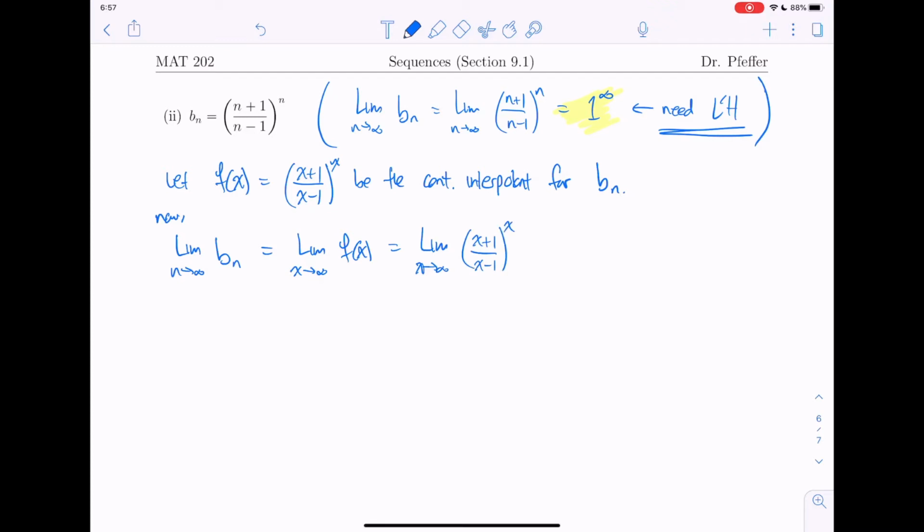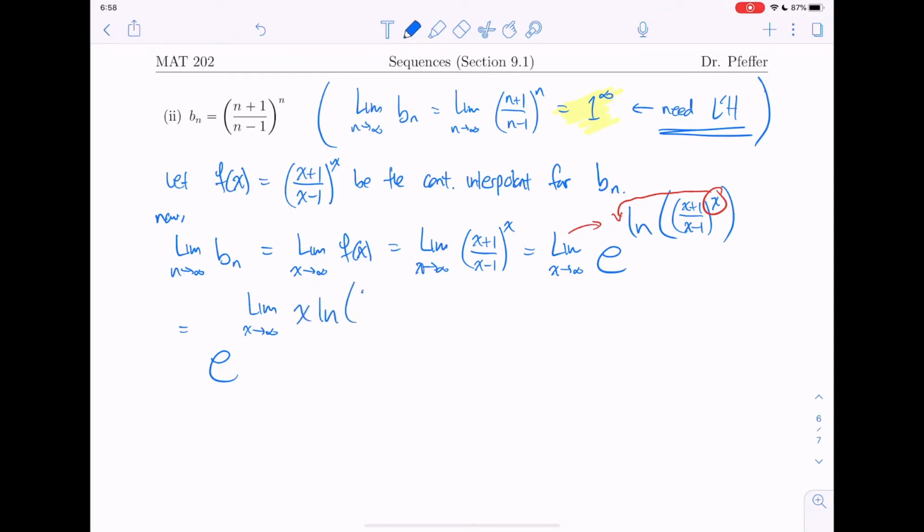Using the e to the ln trick, this is the same as the limit as x tends to infinity of e to the ln of whatever the function was, x plus 1 over x minus 1 to the x. And as we saw last time, the power rule of logarithms kicks in. This is going to come downstairs, as well as the continuity of the exponential pushes the limit upstairs as well. So therefore, this is going to be equal to e to the limit as x goes to infinity of x